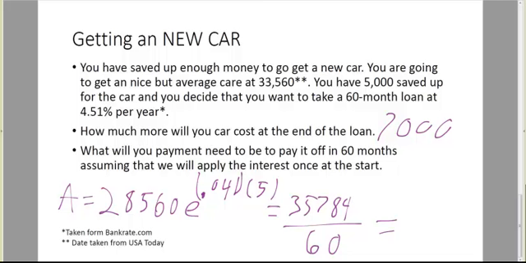So dividing this by 60, we would be making $594.40 per month. So I'll just say $600 per month. So to buy a car like this, we're paying $7,000 more to pay over 60 months, and we would be paying $600 a month, which